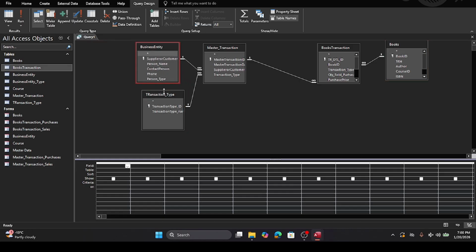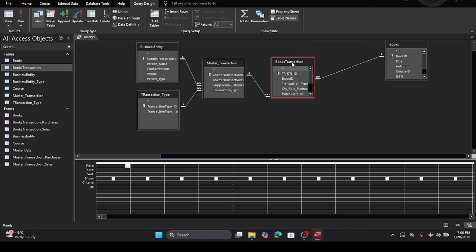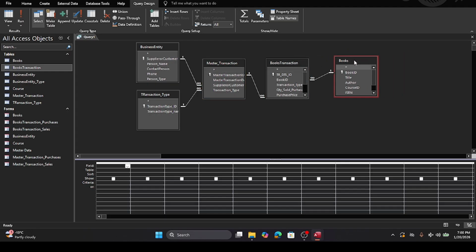So basically now we will use these queries, and these will give us all the complete details of what data has been entered into the tables, and they will give us a user friendly view of the information we have in our database. So right now we want to know the details of transactions that happened in our business. So first of all, we will